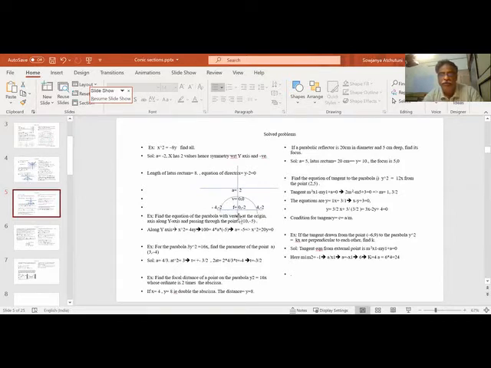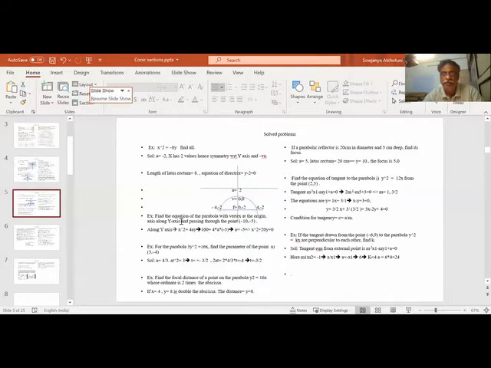Find the equation of the parabola with vertex at origin, axis along the y axis, and passing through the point minus 10, minus 5. That means automatically it goes to the fourth quadrant, so the same drawing is applicable. Along the y axis means x square is 4ay. So you put x as minus 10, y as minus 5. So x square is 100, 4 into a into y, minus 5. So we got a as minus 5. So downwards, we got a as minus 5.